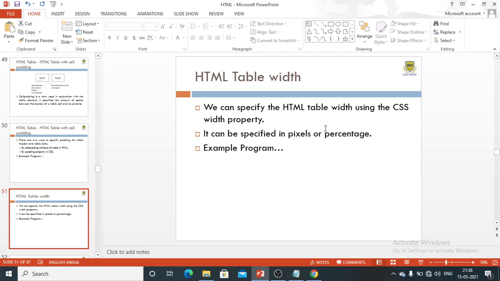So let us have an example for how I can use the table width. I will take the same example of the table that I used previously, but I will make certain changes here.